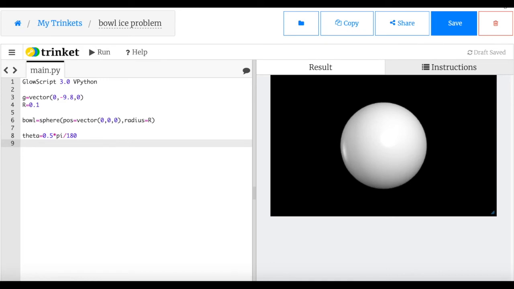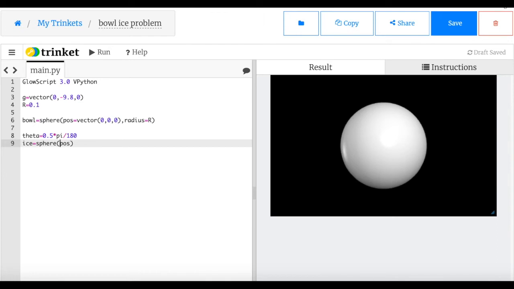So if that's the case, then when I make my ice, I'm going to make it a sphere. I'm going to do that because if I made it a rectangle, I'd have to worry about rotating the rectangle and stuff. And I just don't really care at this point. We can make it look better later. Actually, let's say it's the